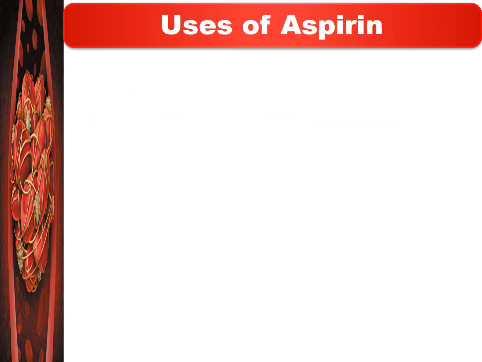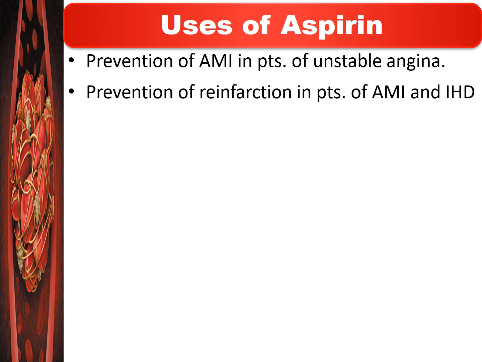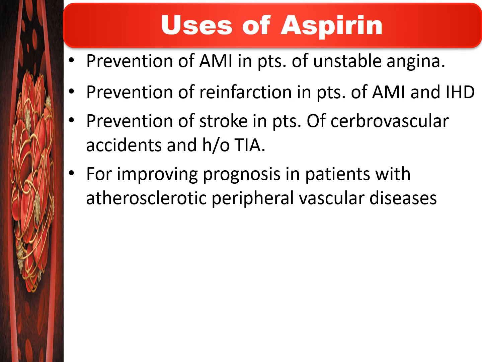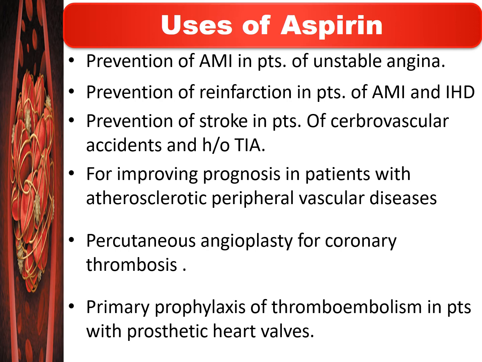Now, the therapeutic uses of aspirin. Aspirin is used in the prevention of acute myocardial infarction in patients with unstable angina; in the prevention of reinfarction in patients with acute myocardial infarction and ischemic heart disease; in the prevention of stroke in patients with cerebrovascular accident and transient ischemic attack; for improving prognosis in patients with atherosclerotic peripheral vascular diseases; in percutaneous angioplasty for coronary thrombosis; and also in the primary prophylaxis of thromboembolism in patients with